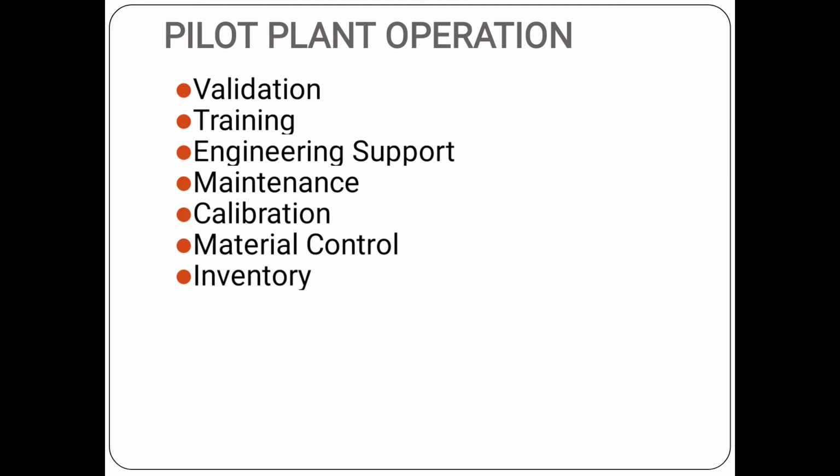Suppose you have the material for the manufacturing purpose, you are preparing the tablet, but you don't have the material for the packaging purpose, then there is no use of that particular tablet production. You have to pack them within 2 or 3 days. So, you are required to maintain that inventory. So, that inventory control is also important.